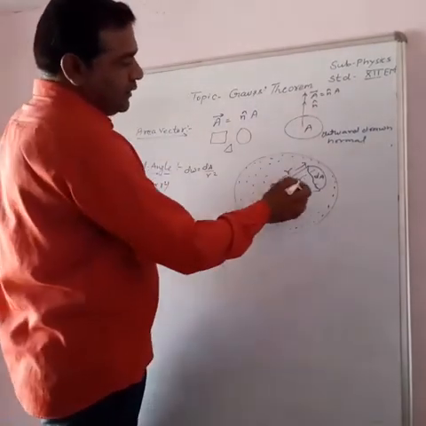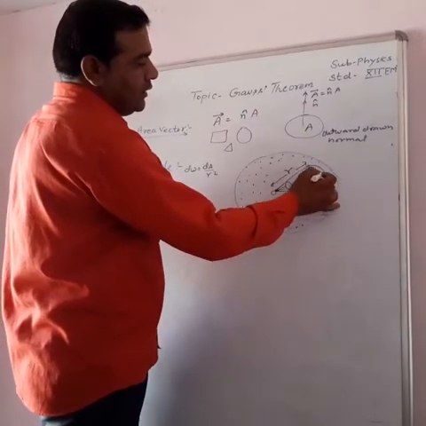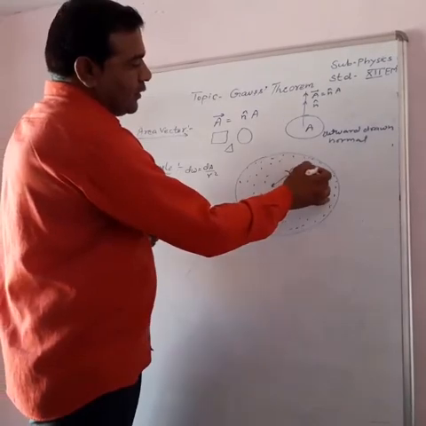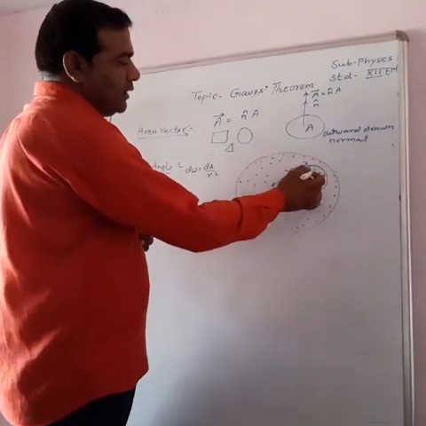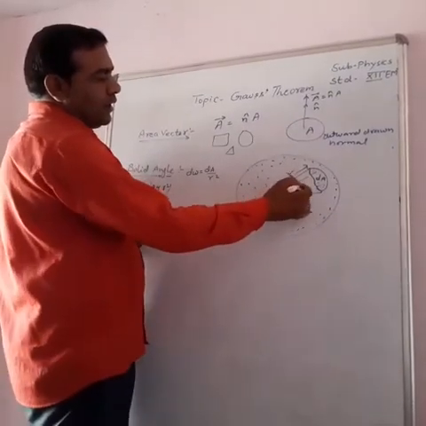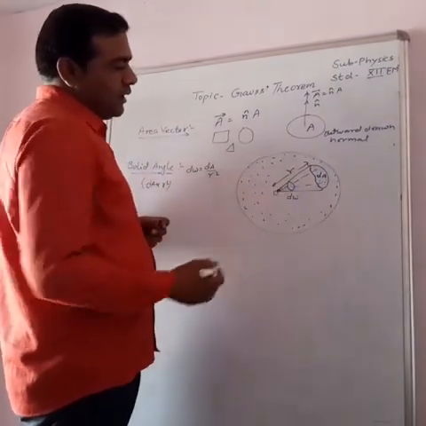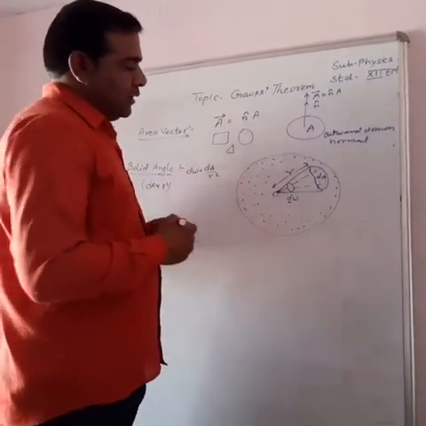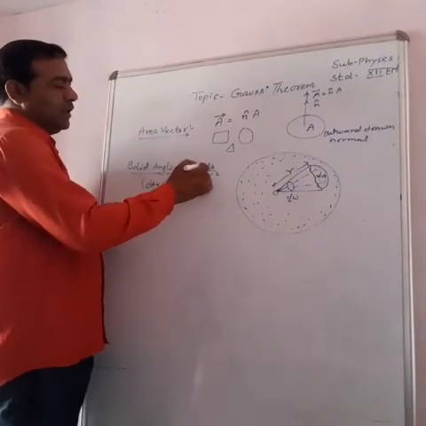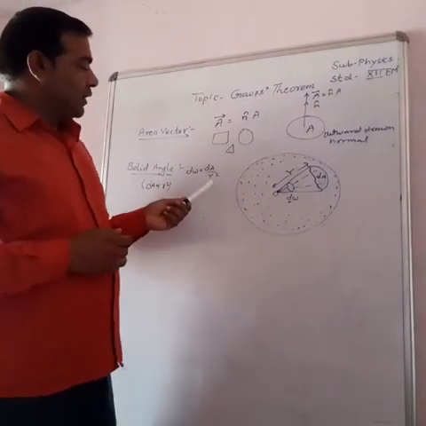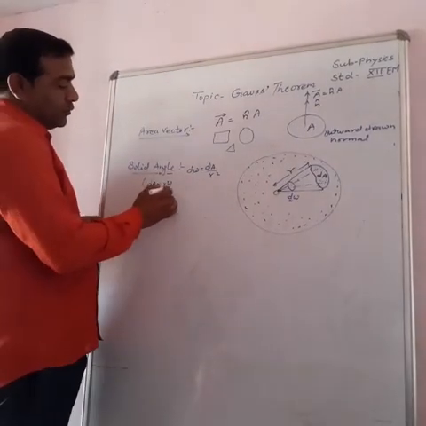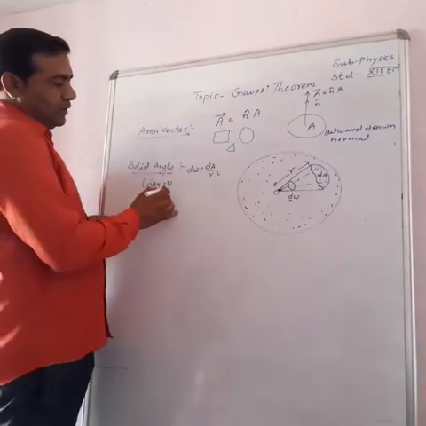Here, let a small area vector dA be taken on the sphere, and let the points situated on dA be joined with the center of the sphere. Then these lines also subtend an angle at the center, and this angle is called d omega, and d omega is written as dA upon r square, since the plane area is directly proportional to the square of the distance.